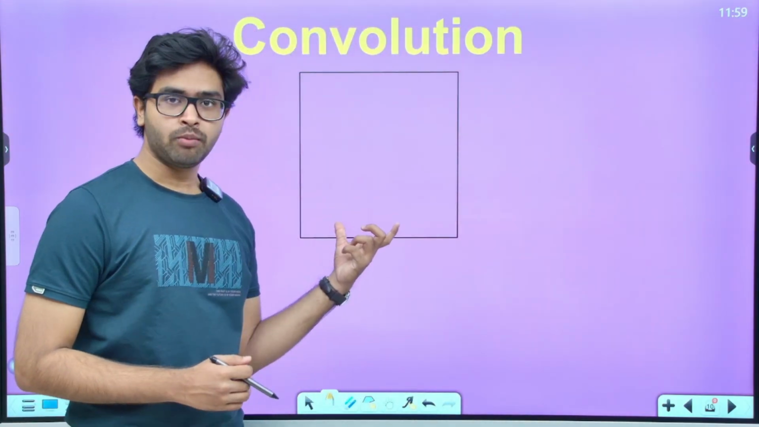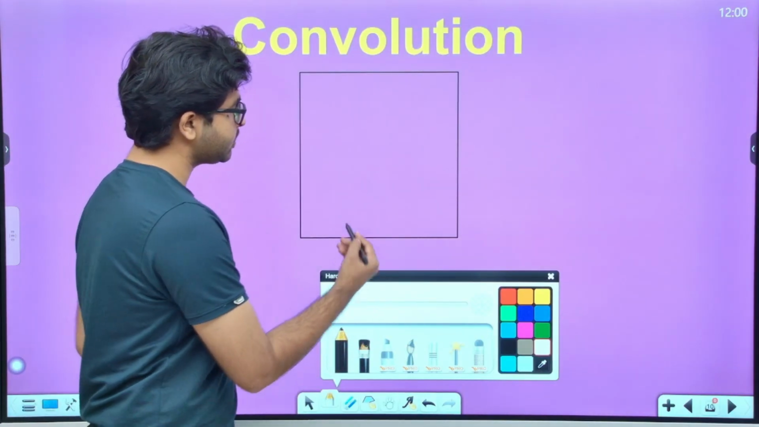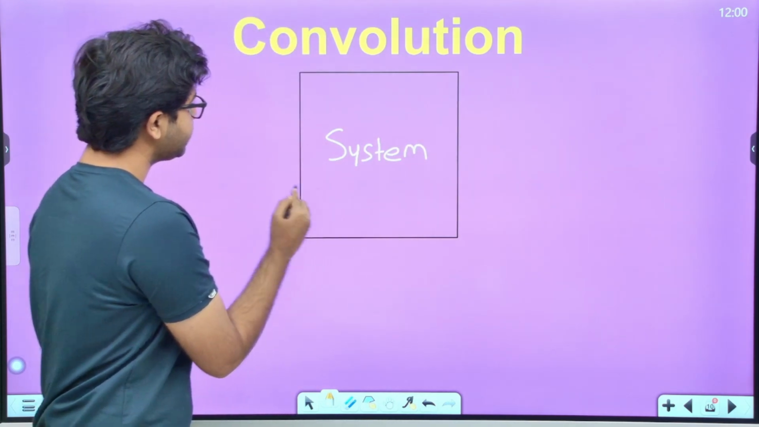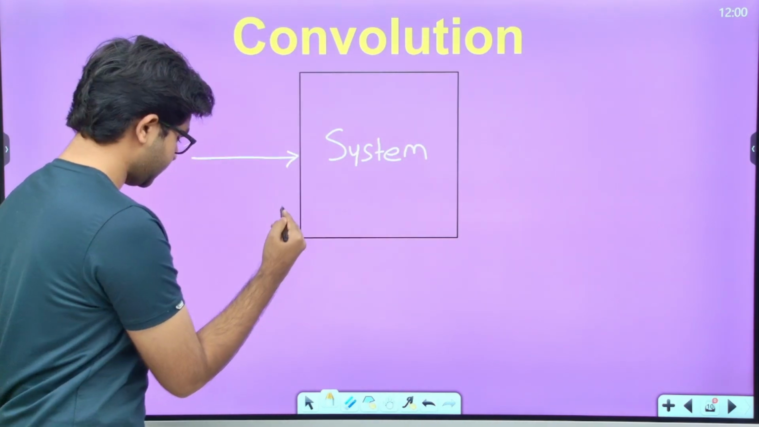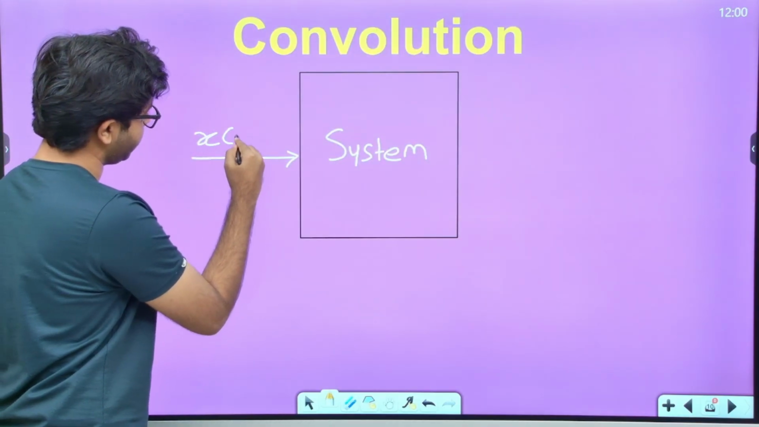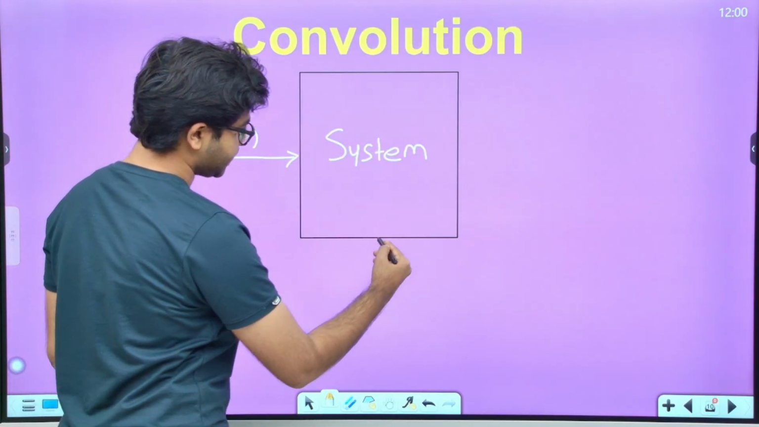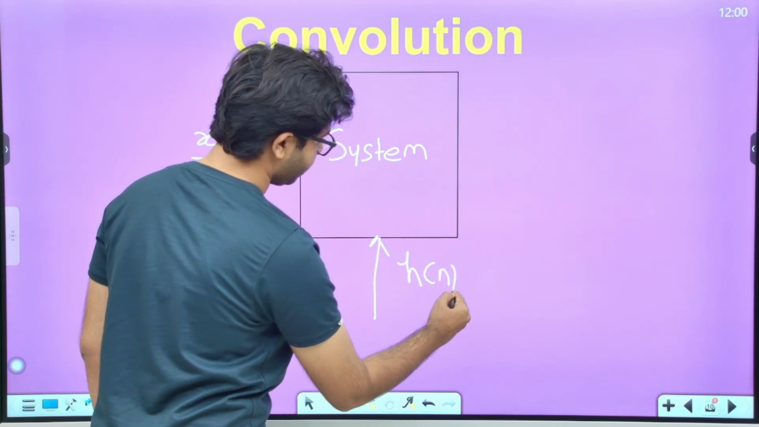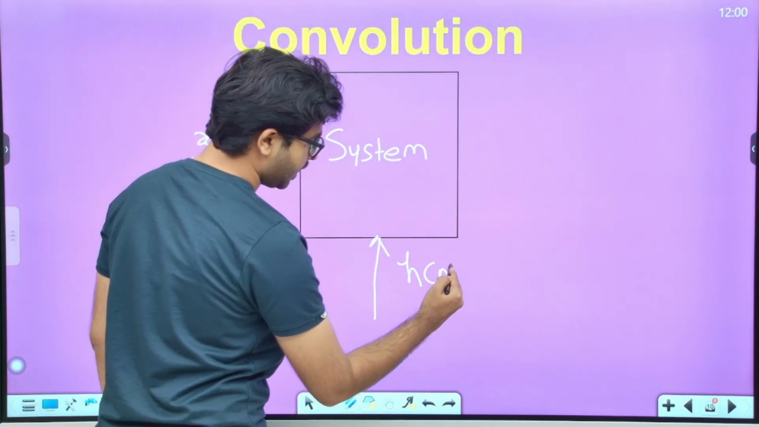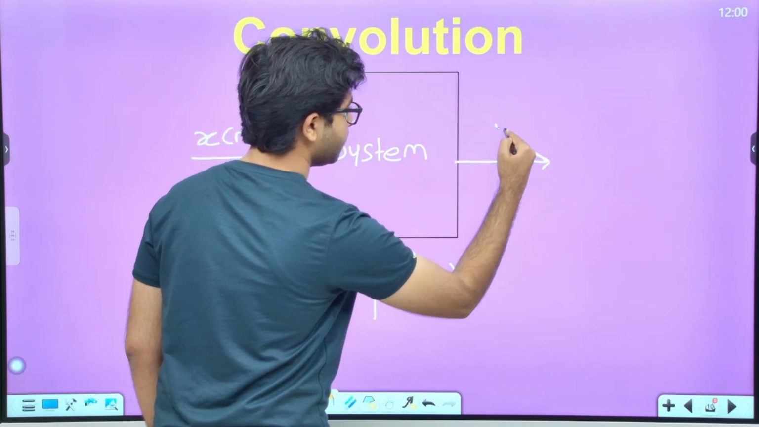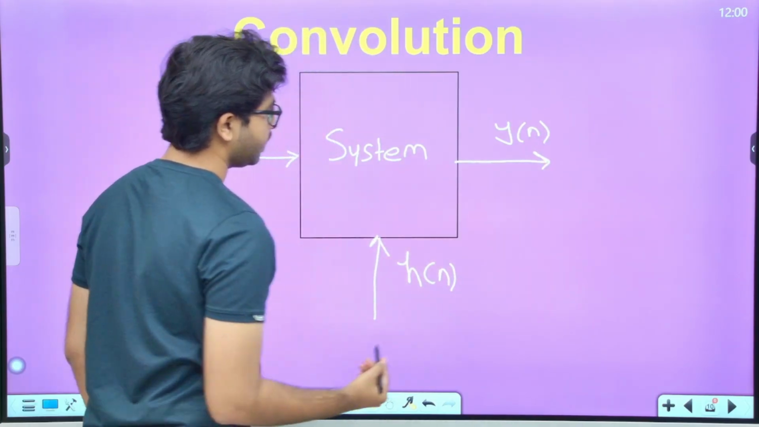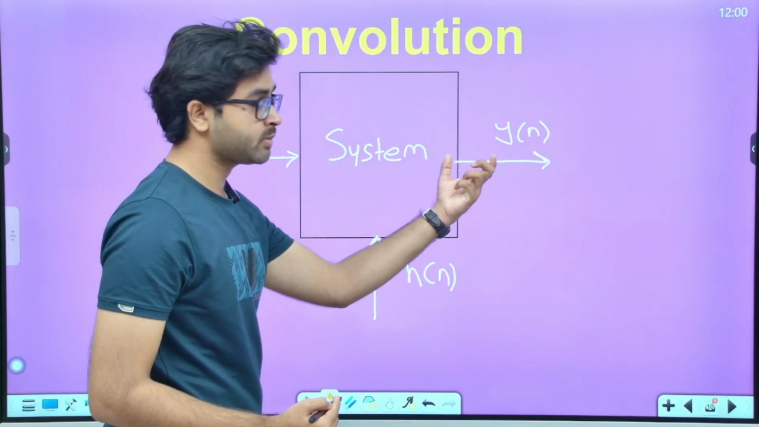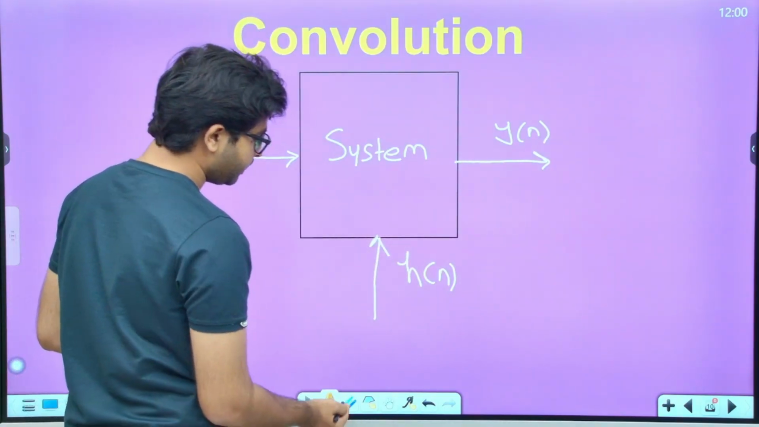Suppose I am having this kind of box. Let's consider it as any specific system. This is the system, and this system is having one input signal, let's say x of n, and one impulse response, h of n. And this will be having some output, y of n. Now, what is the convolution? Convolution is the output of a specific system, and this system will be an LTI system,